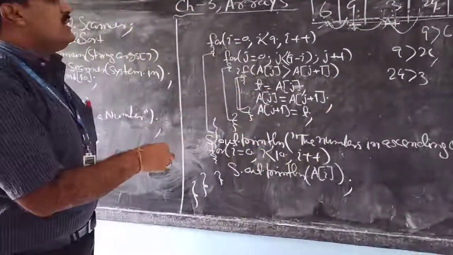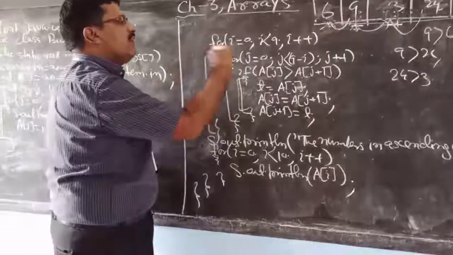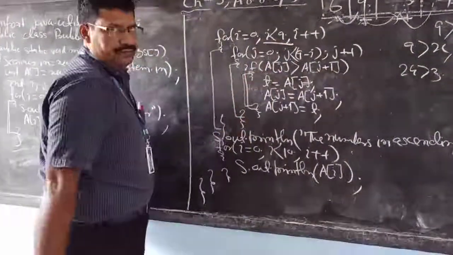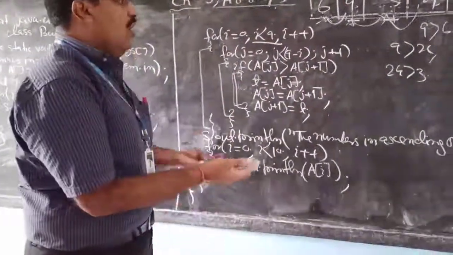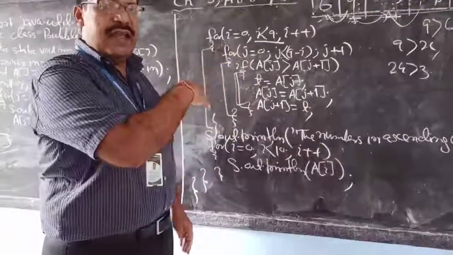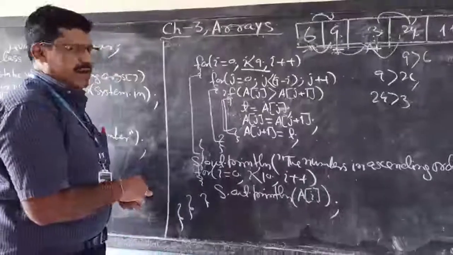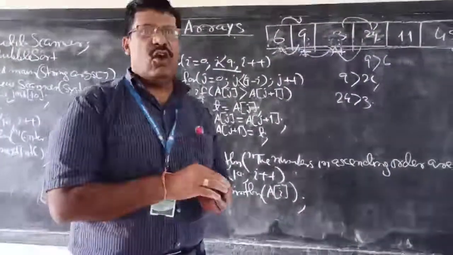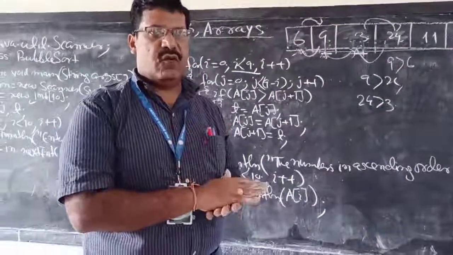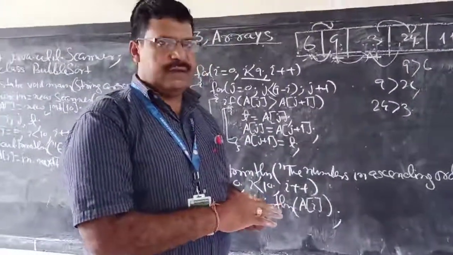So what you have noticed is that this process is repeated several times until the condition is no longer true, and automatically all the numbers will be sorted in ascending order, smaller to bigger, and finally the array is printed. So this program needs a lot of practice. So practice for 4-5 times and do it. Thank you.